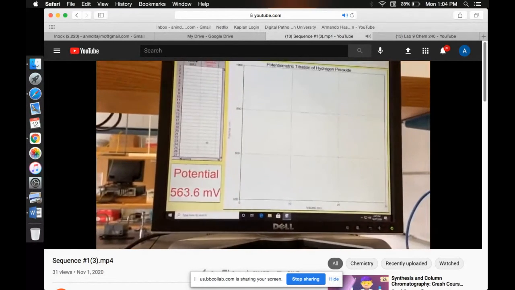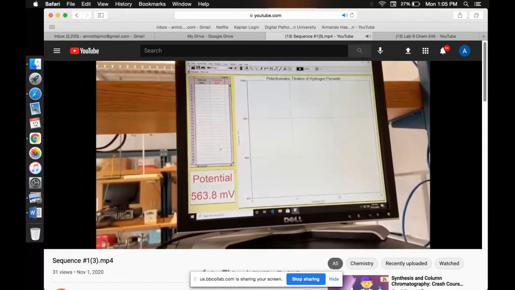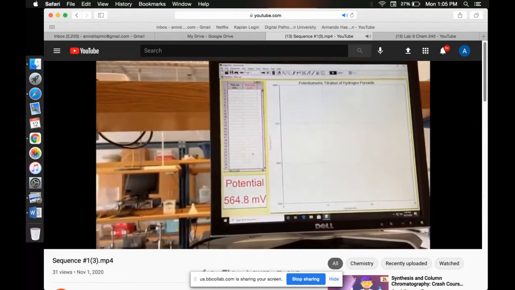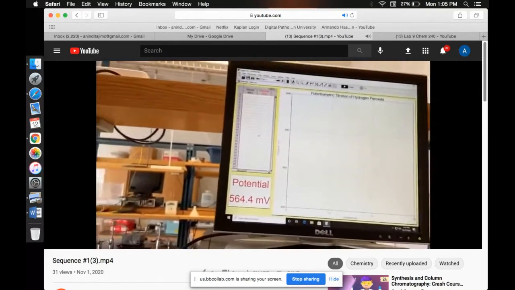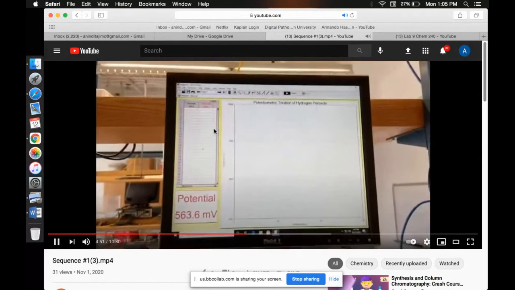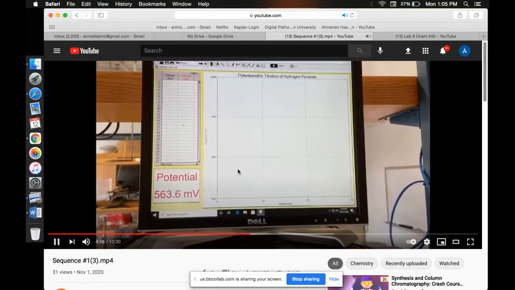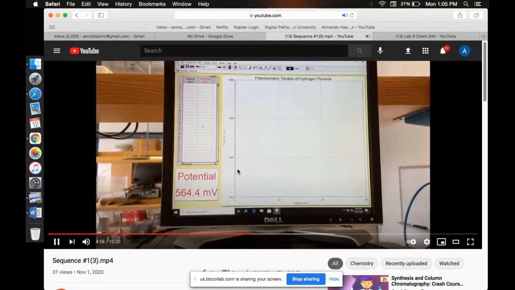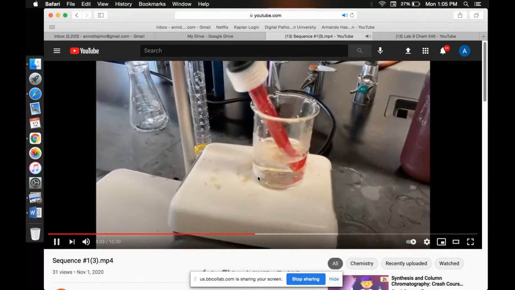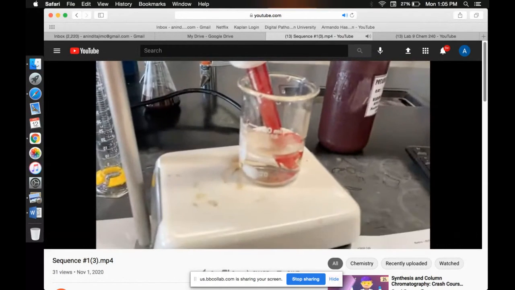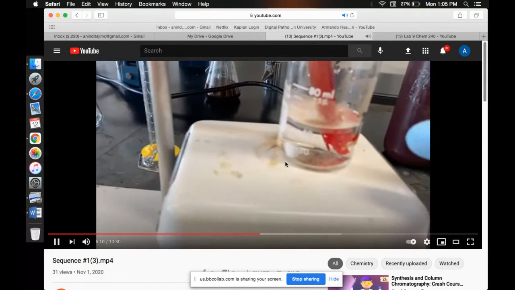Now, if you read the lab notebook, you will see that after adding, the potential should rise, should increase. At your equivalence point, you will observe two things. One is a sharp increase of the potential. The other is that, since KMnO4 is a self indicator, it will give you a change of color. Normally the color will change from colorless to pink.